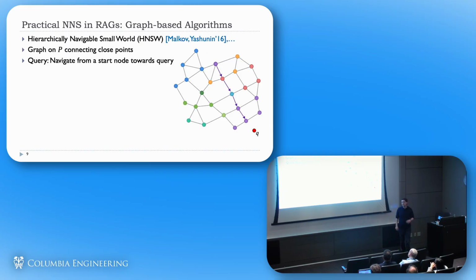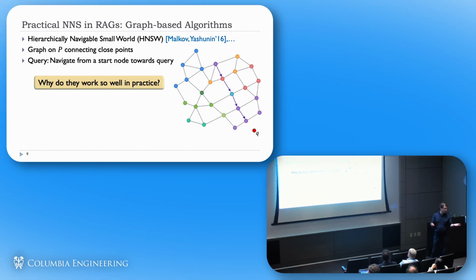This is a very different style of algorithm than what I described before, the hashing-based algorithms or space decomposition. And there is one question. I promised that I'd mention some open questions. This open question is perhaps more high level, but an important question here is to understand why these algorithms work so well in practice. These are some of the companies whose primary business is nearest neighbor search. In industry it is often called vector search, and I just use nearest neighbor search as the historic name for this problem.